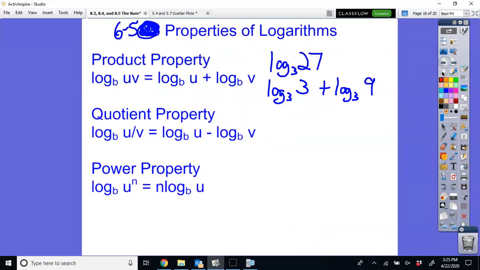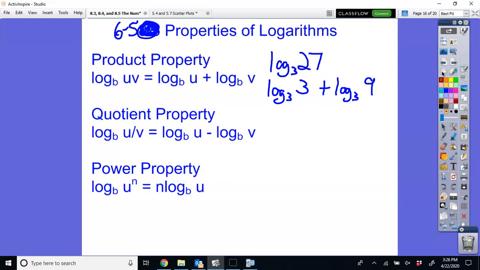So these three properties that I give you here, the product property, the quotient property, and the power property, work forwards and backwards. In other words, they work at splitting apart a single logarithm, and they also work at condensing together logarithms that have the same base. This is why it's called expanding and condensing. So you take them and you can use these properties to break them apart, or you can bring them back together. So let's talk about